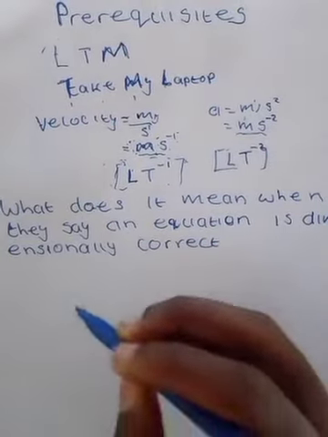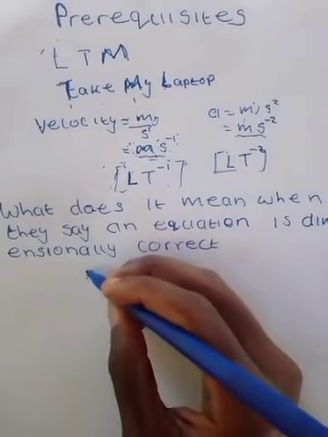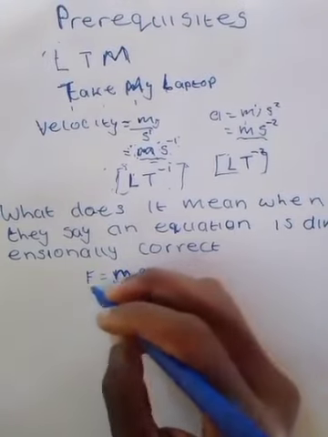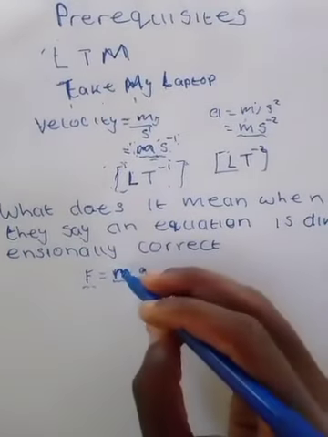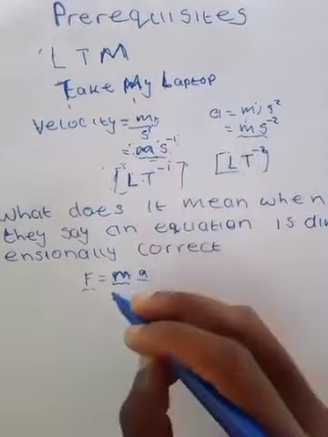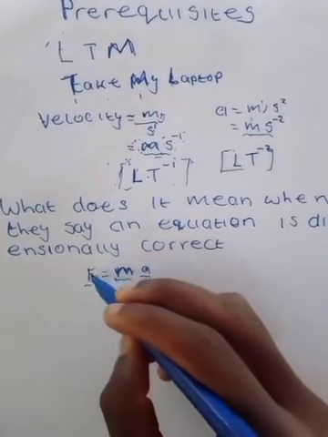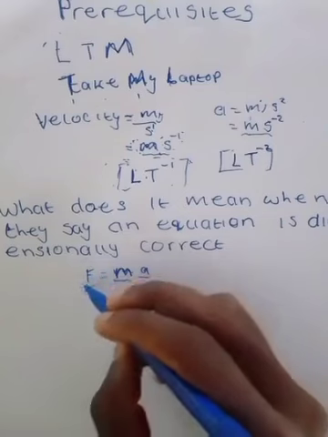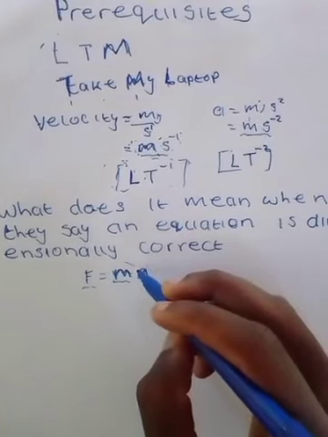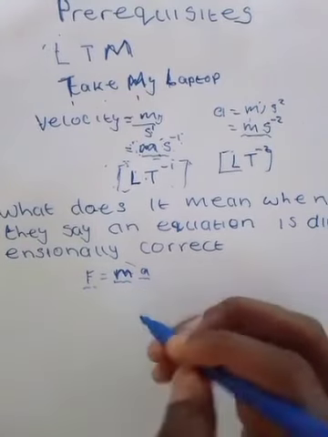So you know that a formula is made up of quantities. For instance, force is equal to mass times acceleration. This is a quantity, this is a quantity, this is a quantity. Okay, so now remember that every quantity that has an SI unit should also have dimensions, because the dimensions are coming from the SI unit. So now when they say that something is dimensionally correct, they mean that if you were to leave this in its simplest dimensional form, and the quantities on this side in their simplest dimensional form, you're going to end up with both sides having the same dimensions,